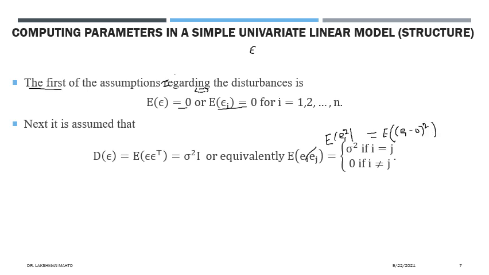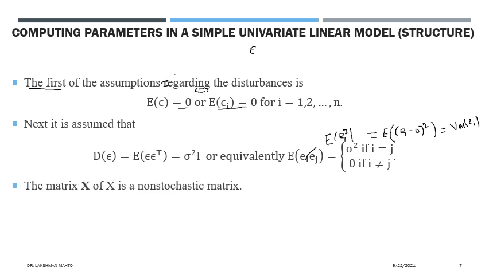Okay, so ei is a random variable minus 0, where 0 is the expectation of this one. So we can say that it is defining the variance of disturbance ei. So from here, any two disturbances related to any two samples happen to be orthogonal to each other, that means uncorrelated, and the variance is what? Sigma square.